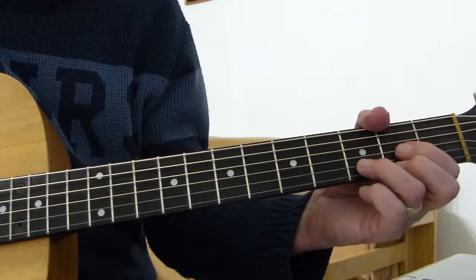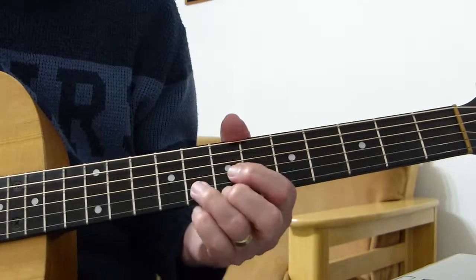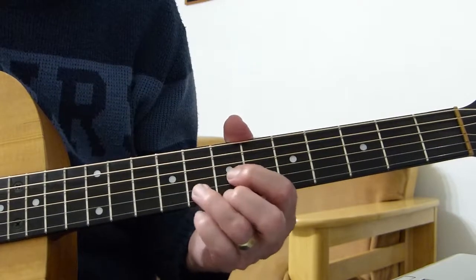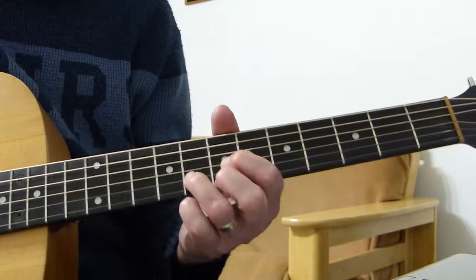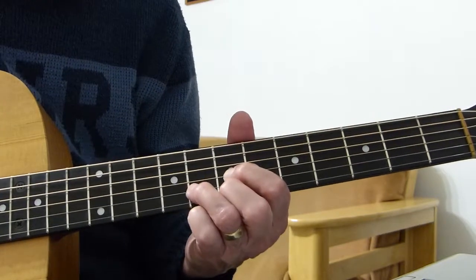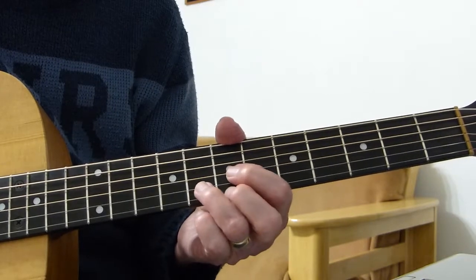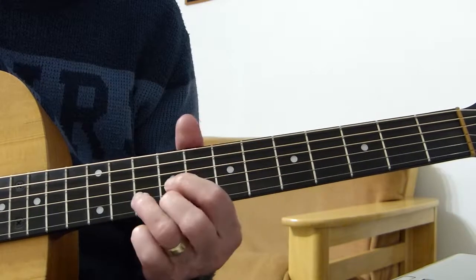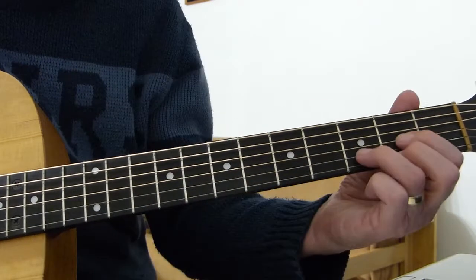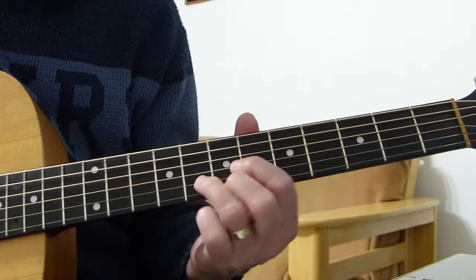There's 3 lines I've broken it down to, so that's the easy line. The second line is a bit more tricky. The chords in this: you go back to the D shape on the 7th and 8th fret, and you do the same da da da da da as you did previously, except this time, instead of going down there, you go up 2 frets to the 9th and 10th fret with the D shape,